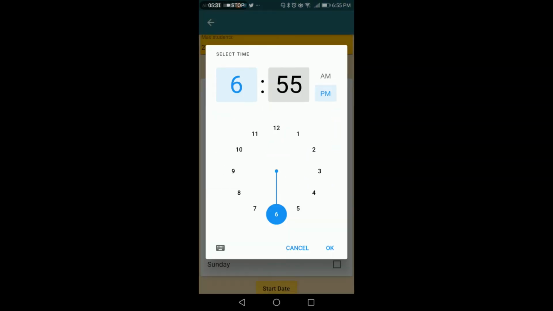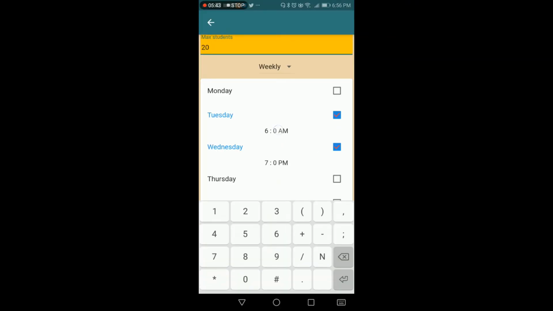The timing is going to be at 7:00 PM. I'm not getting the option to edit. I think I have to create this option to edit this. Anyway, I'll do that in the next version.